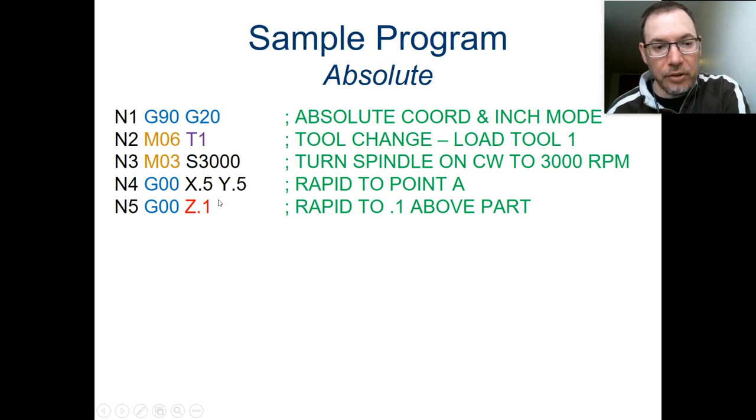That's 0.1 inches above the part. That's kind of what we call our safe height. We know that we're up out of the material at that point because the Z is positive. And so we want to move quickly to there, and then we're going to have it stop there. Now, it's not actually going to look like it stops, but as far as we're concerned, programming-wise, we're having it